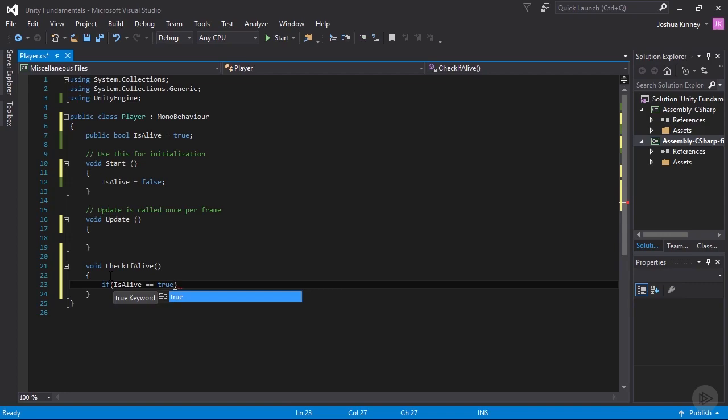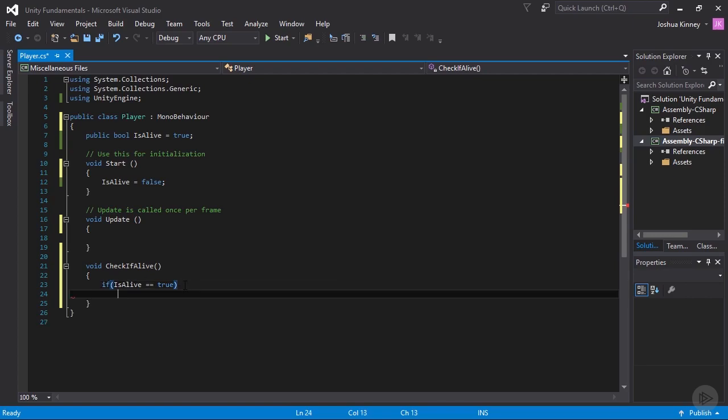Now you'll notice that I used a double equal sign. A double equal sign is a comparison operator, or a logical operator. And what this is doing is saying if this is alive and it is equal to true, then we want you to do this in the if statement. So this is the condition,